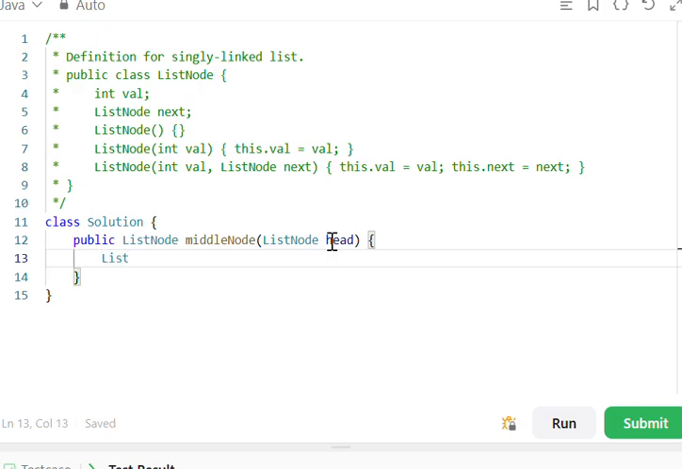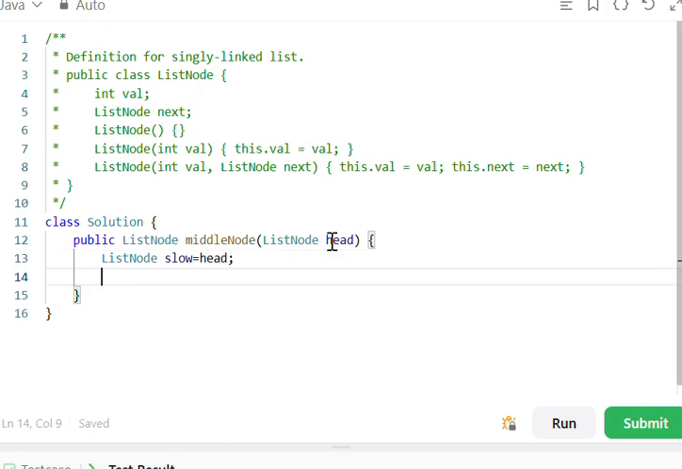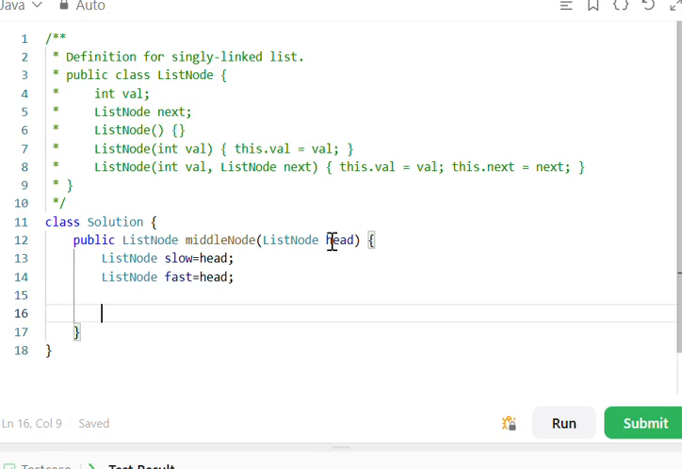We will take 2 pointers. This is a classical method actually. ListNode slow, initialize it with head, and another node. This will be fast. This is also initialized with head. Now while fast not equals to null,